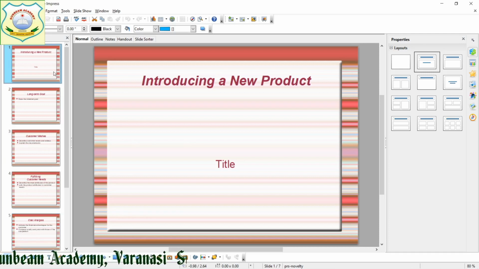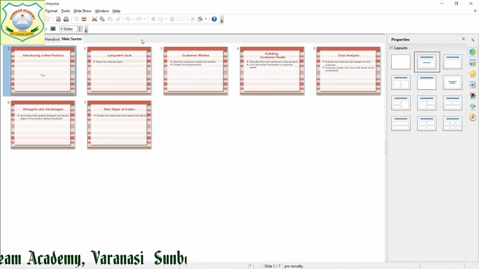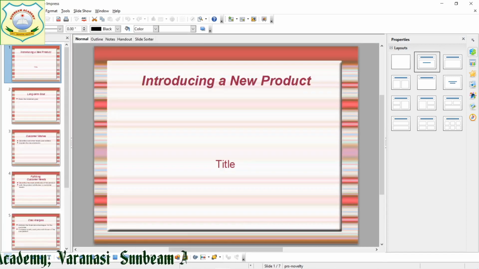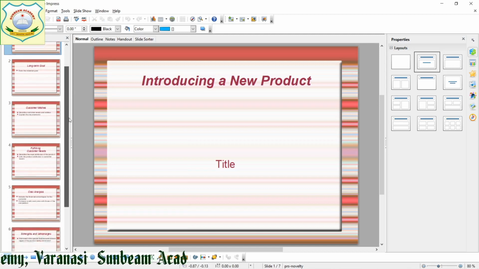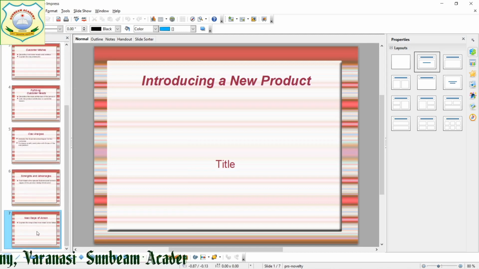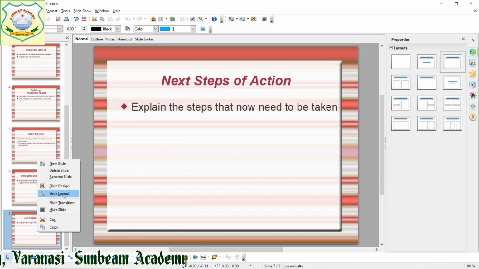Slide sorter view, here you can see this is the slide sorter view. Now you can see all the slides, 7 slides are there. It has come onto our screen. Suppose in normal view I am going to duplicate some, or make some more slides.